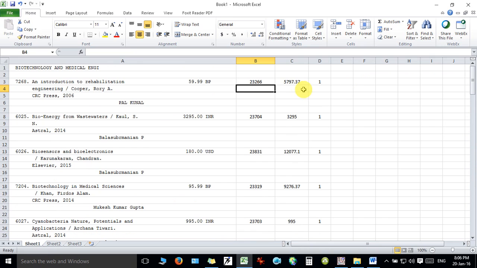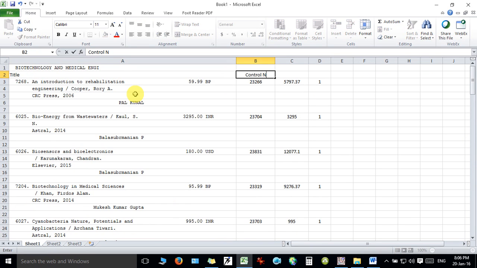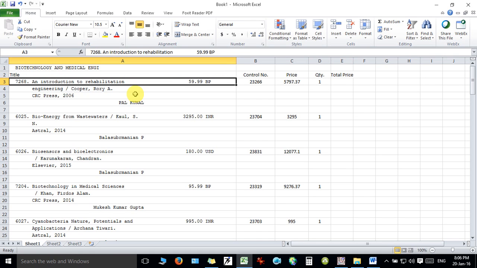And then we have to find the total price. So let me name this column for easy reference. This is title, this is control number, this is price, this is quantity, and this is total price. Okay, so this particular total price will be calculated based on this price and quantity.